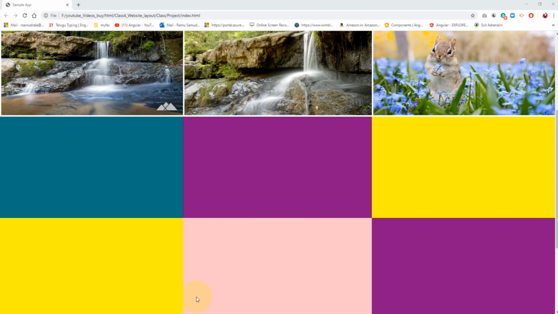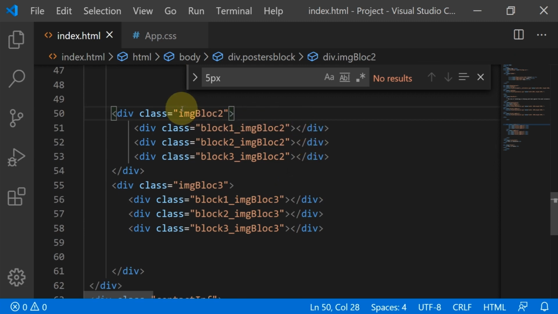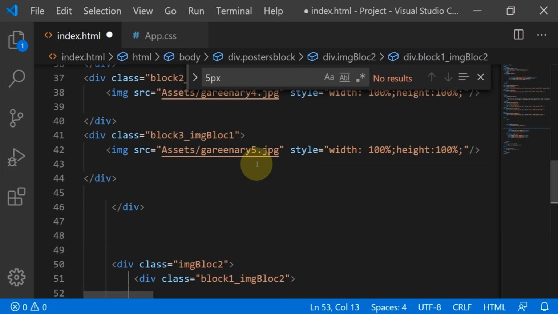For block 2 also we have to do the same thing, but we should remember one thing: we are already maintaining equal space from one image to the second image, top image to bottom image, so we don't need top padding. So this is block 2, here also the same image.